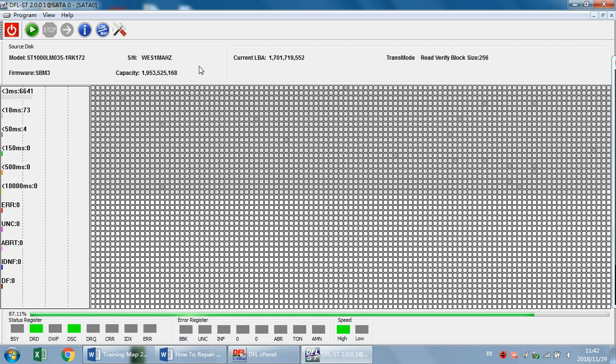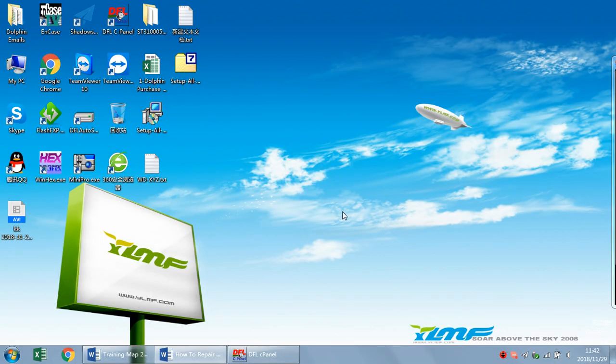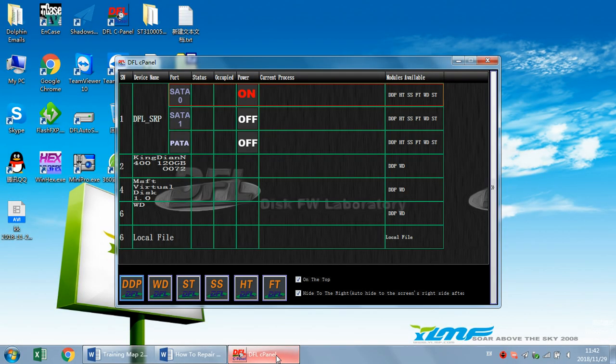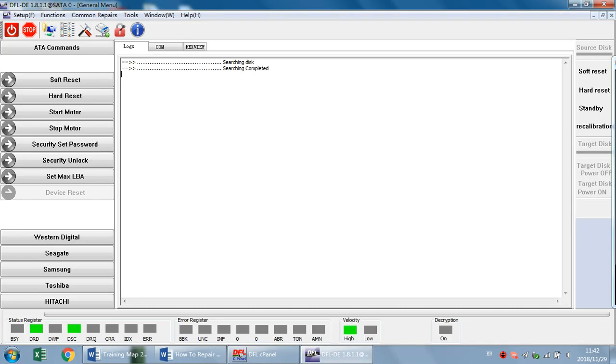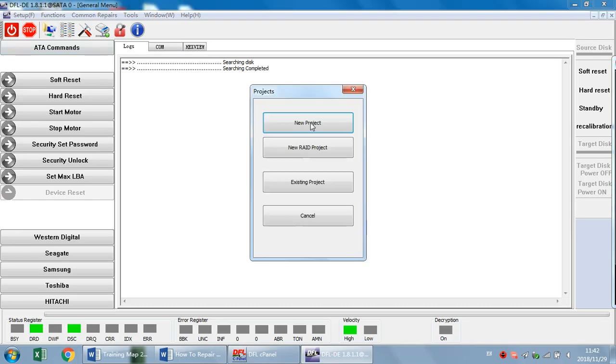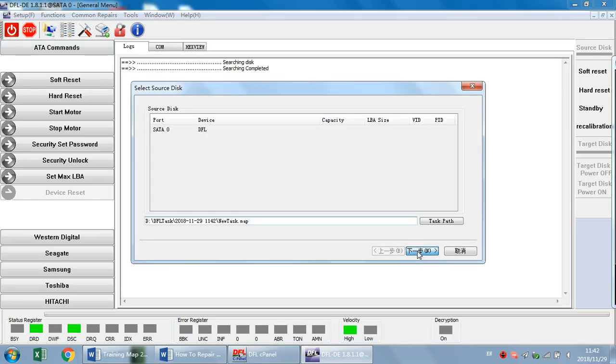Now let's try. So SATA 0. We can exit this program and go to the DFL-DDP data recovery program, and then set up one new project. Next step,